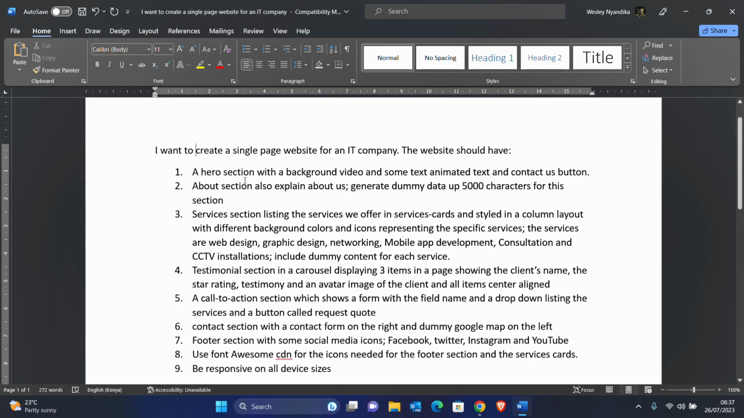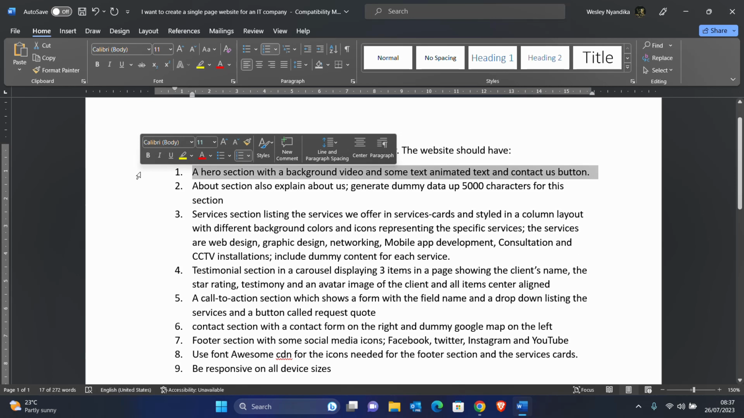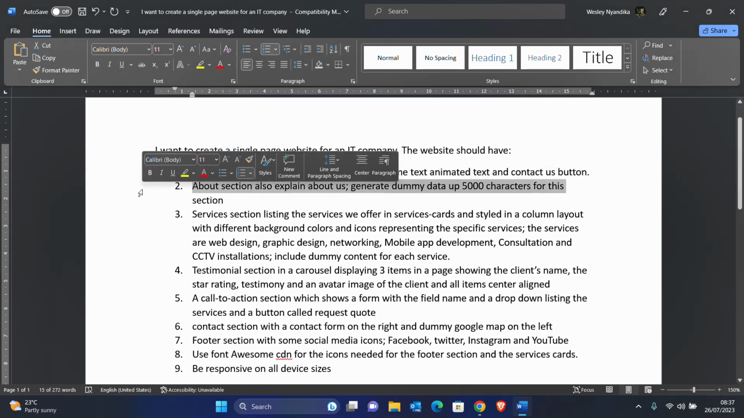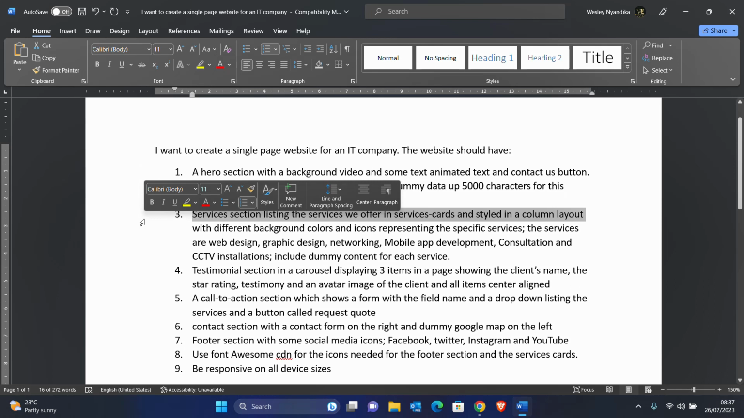So the website should have the following. The first section is the hero section with a video background, some text on top, and a contact us button. The about section telling us about the company. Then what you're going to do here is just ask the AI to generate some dummy data for that section. The services section, which will list the services that we offer. And here we are going to do this as a carousel, and we are going to list the services in